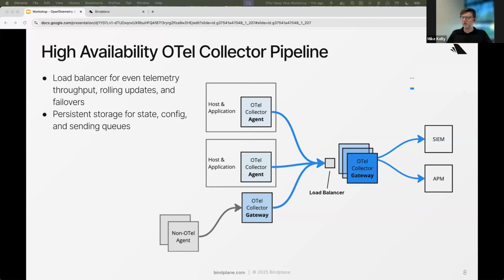We do want to think a lot about this because we're going to use gateway groups. We want to load balance this at every point where we have those gateways, and that's going to allow you to expand horizontally. It allows you to manage those rolling updates, allows you to manage failover. We'll talk a bit about what it looks like to have resilience in those individual collectors as we get into